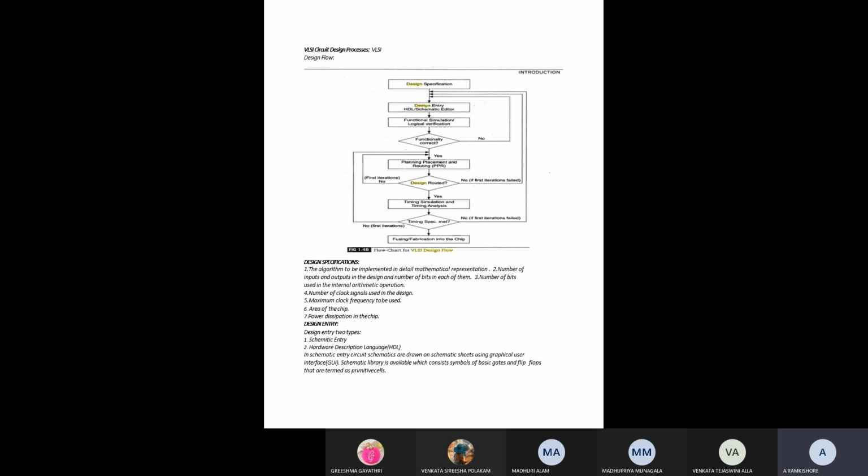When we want to buy something, for example a mobile phone, first of all we have to decide the configuration. I may want to buy a Realme, an Apple or an Oppo phone, so first we decide the company.